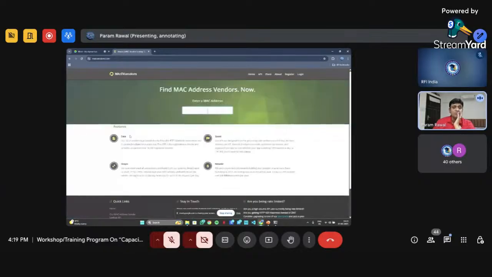When we click here, it will ask us to paste our 12-digit MAC address. I just paste it here, and it shows me which company that motherboard belongs to: Intel Corporate.